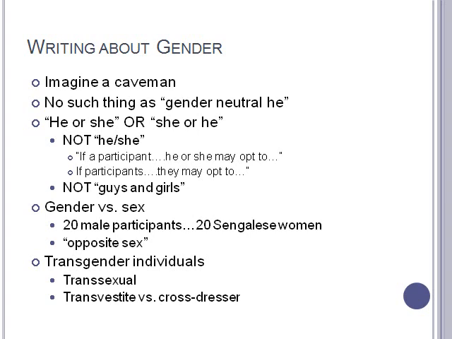Transsexual is not the same thing as transvestite or crossdresser. And of these two terms, crossdresser is the preferred term. It's again a very broad term. It refers to someone who dresses as the sex other than the sex of their birth, and it happens for a lot of different reasons,